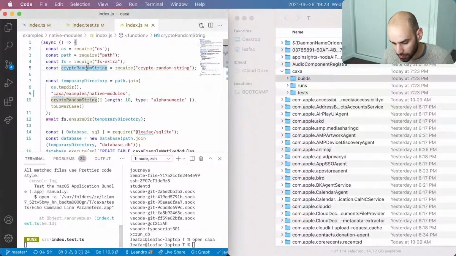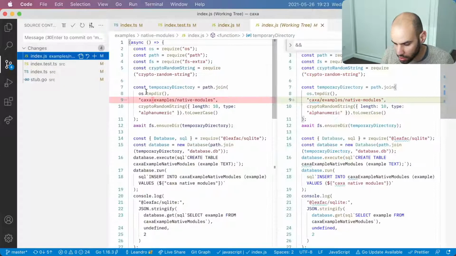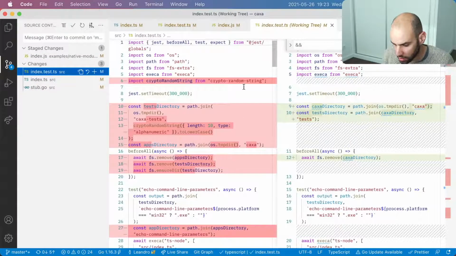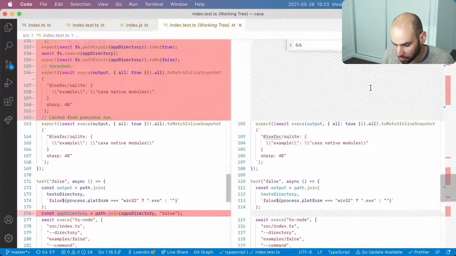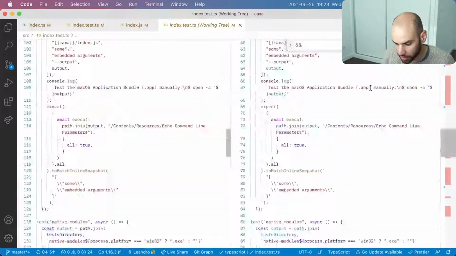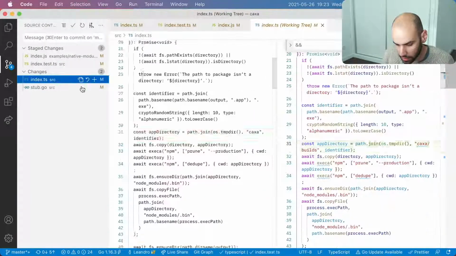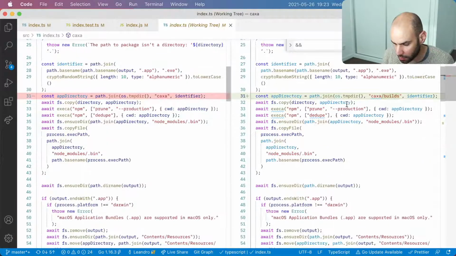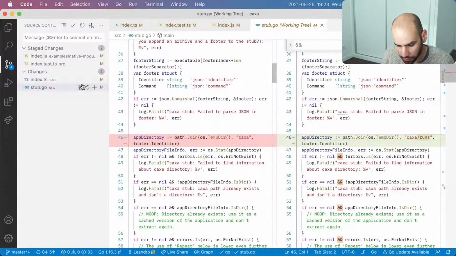While it's running, I'm going to reveal these changes and commit. So I changed this. That is fine. And then these are all the changes we made to the directory structure, which allowed us to delete many lines, and I'm happy by deleting lines. Here we changed the path, and here we changed the path as well.